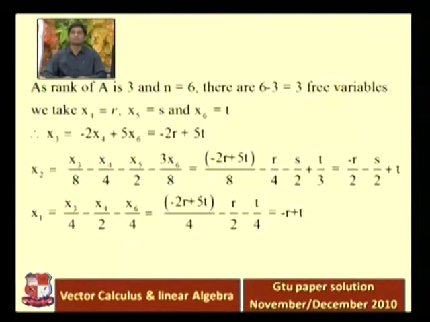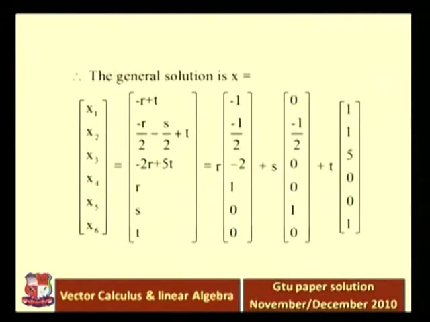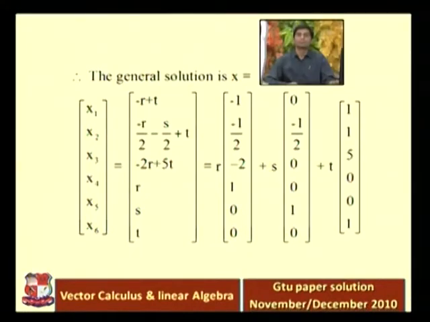Okay, so the basis for the null space of the given matrix is... the general solution is x = (x1, x2, x3, x4, x5, x6). Putting in all the values: x1 is equal to minus r plus t, x2 is minus r by 2 minus s by 2 plus t, x3 is equal to minus 2r plus 5t, x4 is equal to r, x5 is equal to s, and